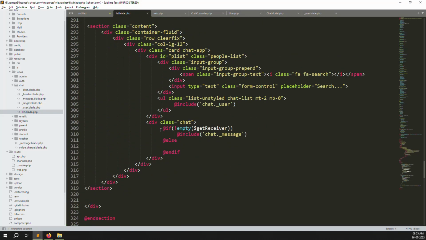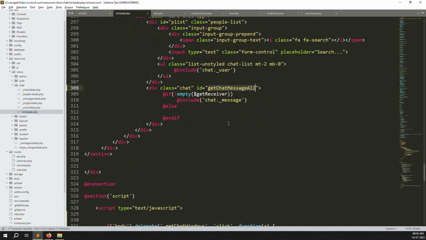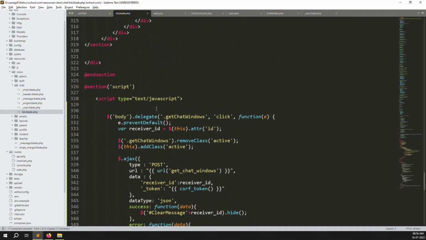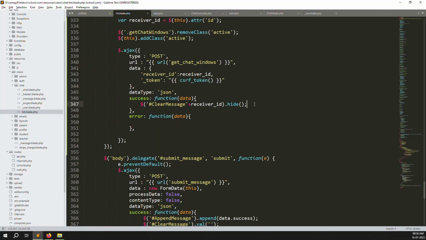So we have declared here, so we can put here ID get chat message all, whatever you want, you can put your id, but don't use the same id. Okay, like here you can do like get chat message all, but we can make a unique id. Okay, so just copy and put here,